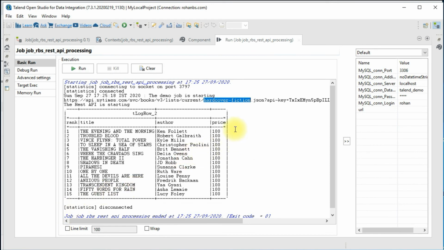Look for your API documentation, and based on that you construct the API completely along with the endpoint, and then you can invoke it using the tREST component. All right, so this is the final output. The API has given a response that contains rank, the title and then the author, and basically the price is whatever is listed on the site.